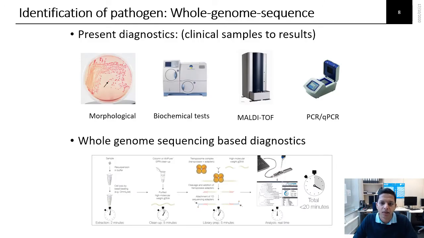While presently practiced methods have their own advantages and disadvantages, in many diagnostic laboratories presently, bacterial pathogens are identified based on their morphological characteristics, or biochemical tests, or by using MALDI-TOF, or by using PCR, qPCR and similar other methods. Now, identifying bacteria using these classical approaches takes at least 24 to 48 hours. Sometimes, if a bacterium is slow growing, it takes a long time, up to 3 to 4 weeks, for example mycobacteria. In the case of whole genome sequencing, from isolation of DNA to identification, it now takes 20 minutes.